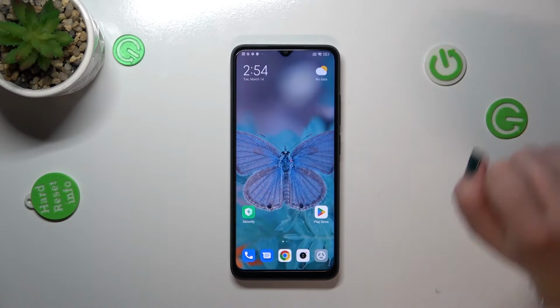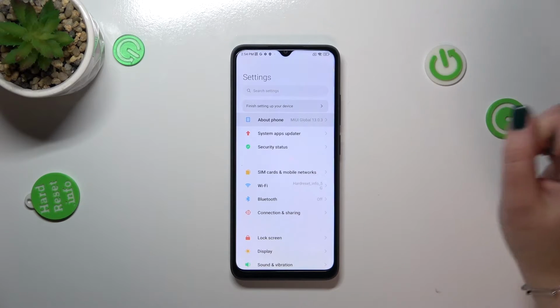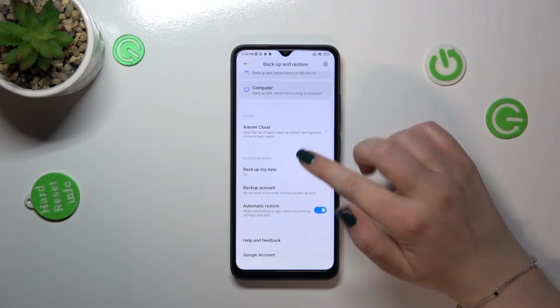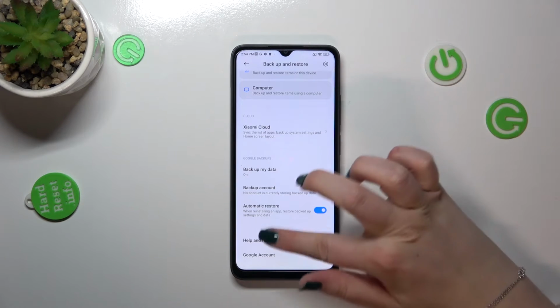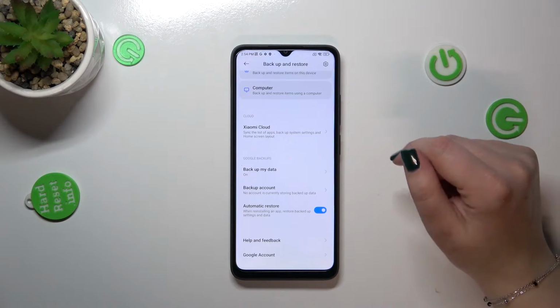So first of all, we have to enter the settings, and then let's tap on About Phone. Now let's tap on Backup and Restore, and as you can see right here, we've got a whole Google Backup section. If you for some reason cannot find a backup account, which is crucial because here we can add it,